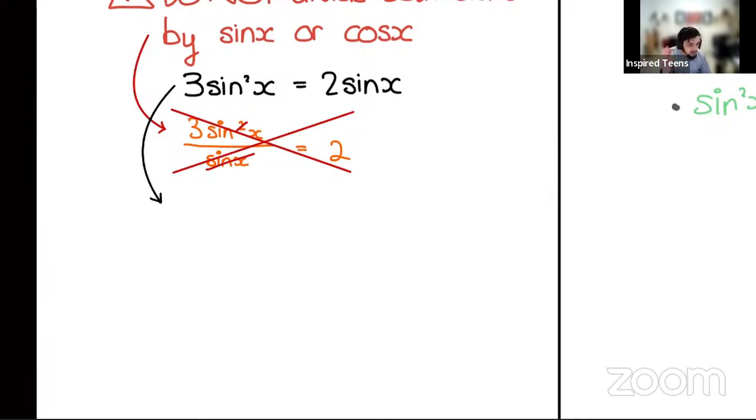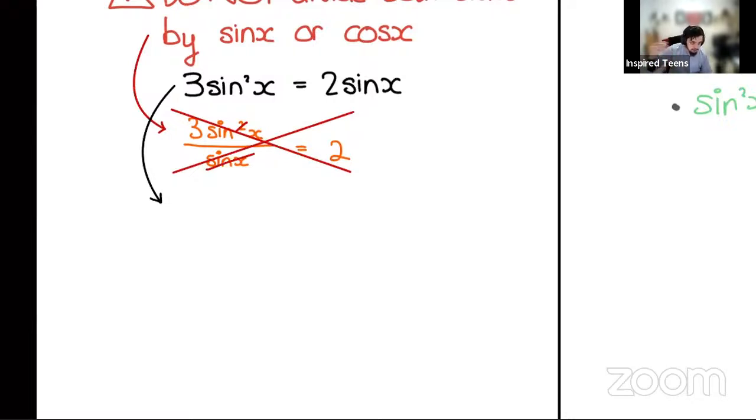So whenever you have the urge to cancel when you're doing general solutions in trigonometry, don't. Just take everything to one side and try to take a common factor. Don't cancel. When you find yourself canceling in a trigonometric general solution, a red flag should appear in your brain to tell you, whoa, what am I doing? I'm doing something wrong. I shouldn't be canceling. Just remember it, because in the midst of an exam, after learning for 9, 10, 11 months, the pressure of the exam will get to you and all of a sudden you forget and just cancel. So learn it like a parrot: you should never cancel in a general solution.